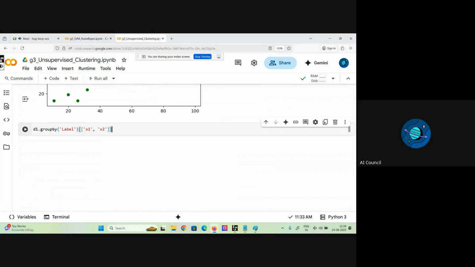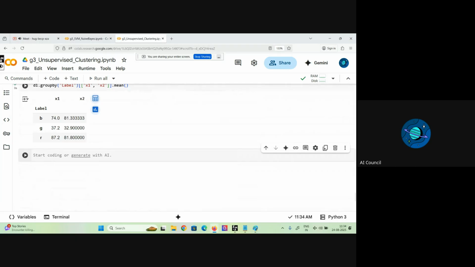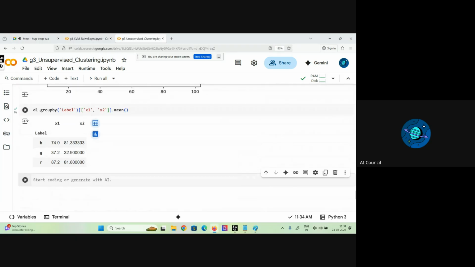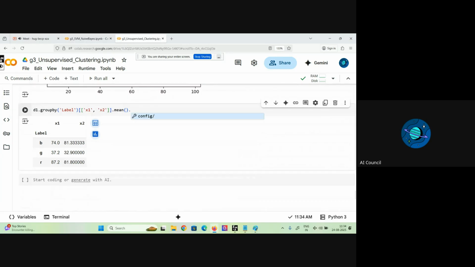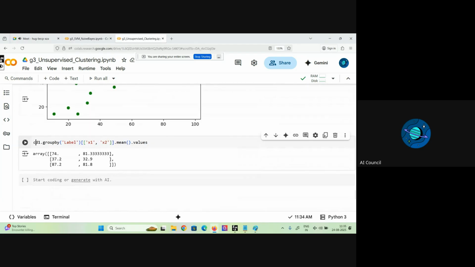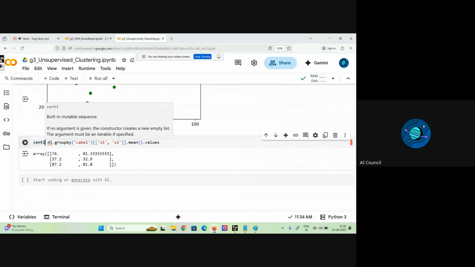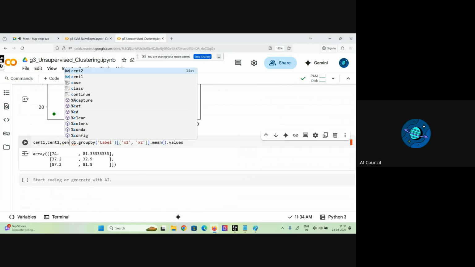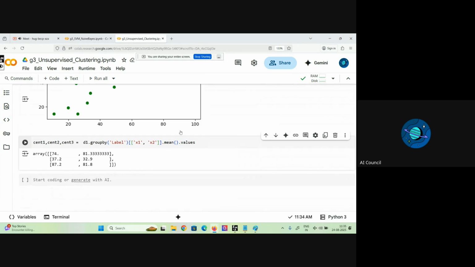X1 and X2, and then we take the mean of it. Right. So this is going to be your new centroid. Okay. I'll just convert this thing into a matrix. And we'll unpack it into centroid 1, centroid 2, and centroid 3. Right. So now I have over here 3 centroids,